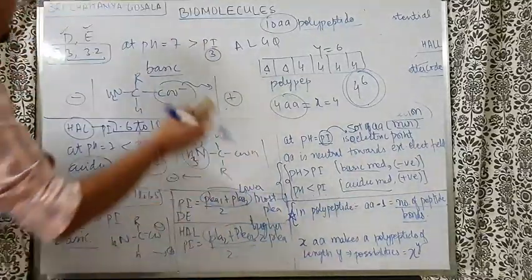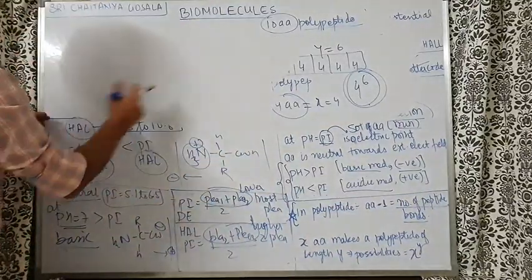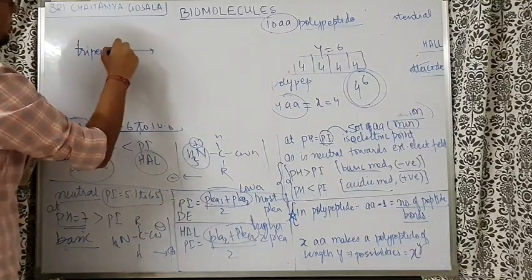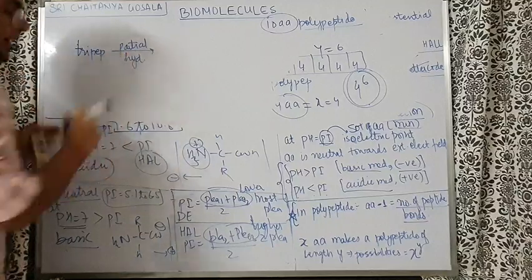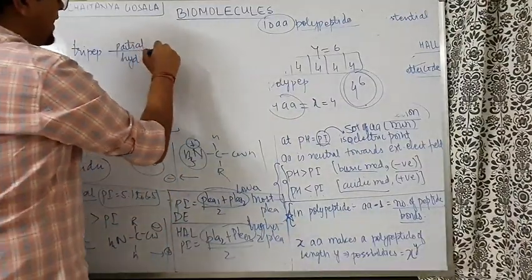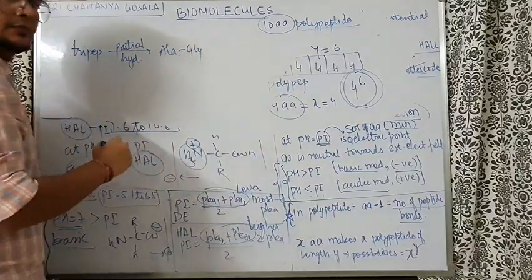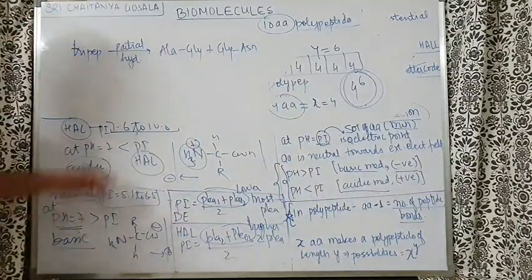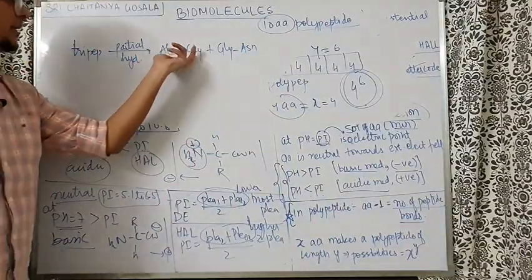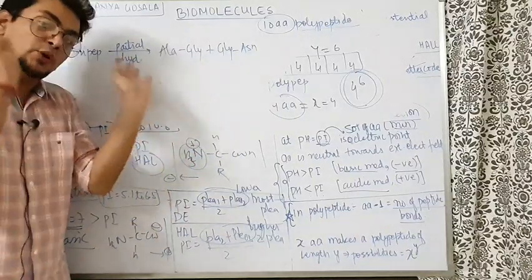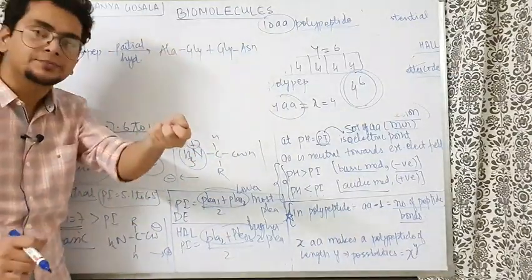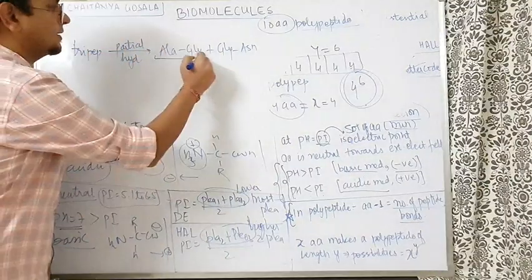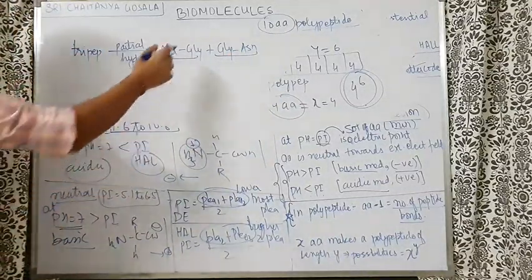Next, what they can ask you is this: if they give you, for example, a tripeptide on partial hydrolysis, which gave you alanine-glycine plus glycine-asparagine, as dipeptides. Complete hydrolysis gives all the amino acids; in partial hydrolysis, some chains come. So the tripeptide got partially hydrolyzed, and some made this fragment, some made that one. Find the tripeptide. Simple. Glycine is common.